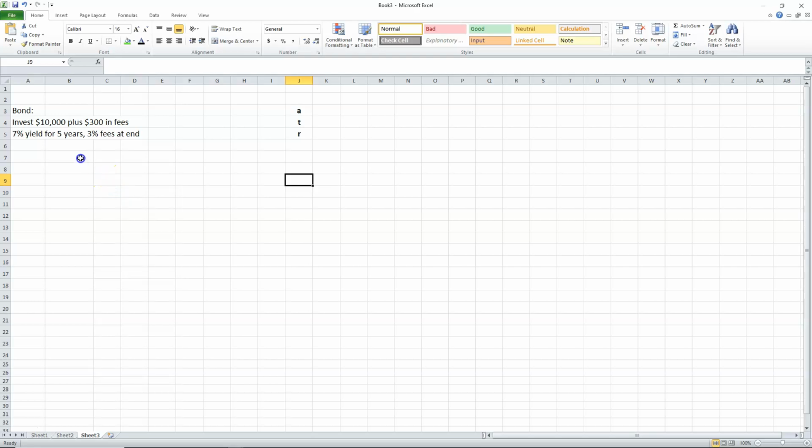So the first thing we're going to do is set up T, because that's the easiest thing. It tells us it's 5 years. So I have year 0, then year 1, 2, 3, 4, 5. So here are my 5 years. Now, this is an investment. So I'm putting money in and I'm getting money out. So I need to figure out the cash flows. So what money is coming out? Well, the money that's coming out is the yield every year, which tells me is 7%. And also